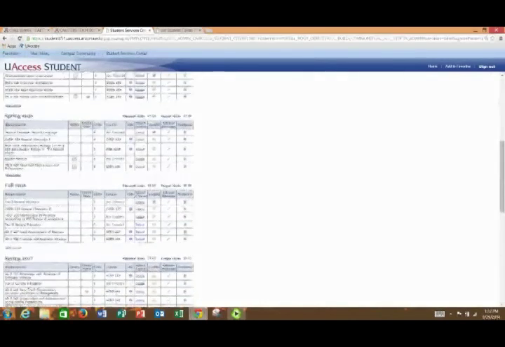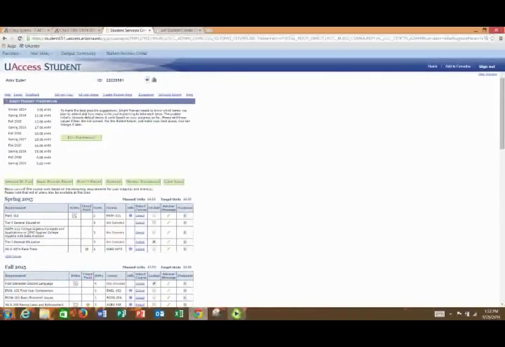So obviously, Smart Planner should not replace your academic advisor. You should still be going to your academic advisor to get information on the scheduling of classes. But what it can do is give you an idea on the type of classes you'll be taking in upcoming semesters, so that when you're meeting with your advisor, you don't have to spend so much time talking about classes,